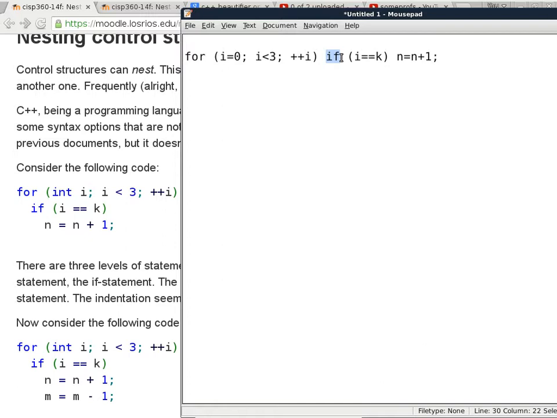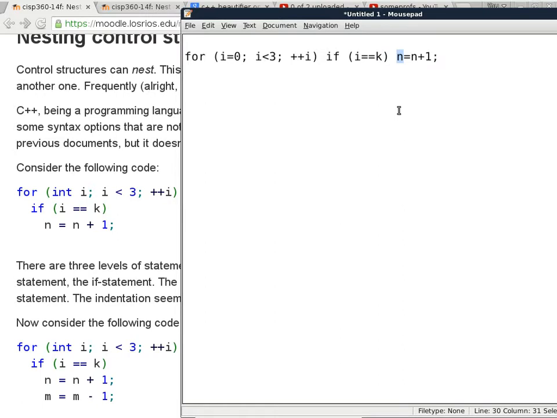Okay? So at this point, the compiler says, oh, I know conditional statements. It starts with the word if, followed by open parenthesis, a condition, a closed parenthesis, and a single statement. Okay? So now it will start to look for those things as components of a conditional statement. And we don't have a problem with that, right? We have open parenthesis, we have a condition, we have closed parenthesis, and by the time the compiler gets to